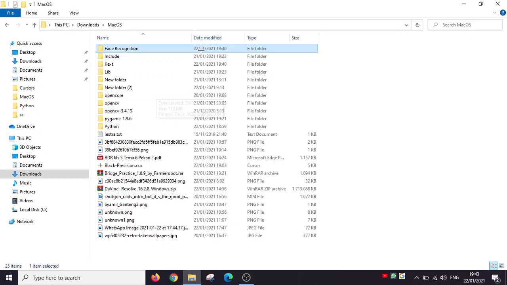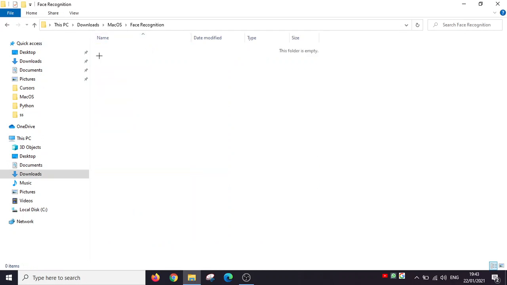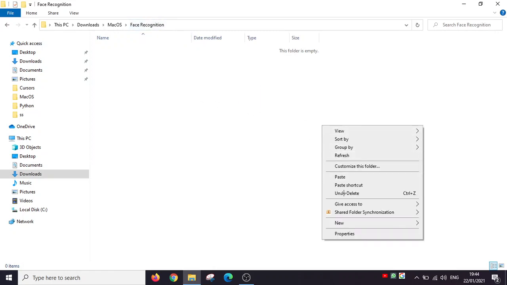Today we will make a face recognition. I don't know if I already made it back then, but yeah, I will make it again. So you make a new folder named face recognition and then make a new